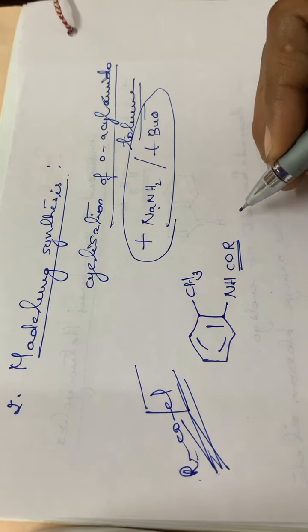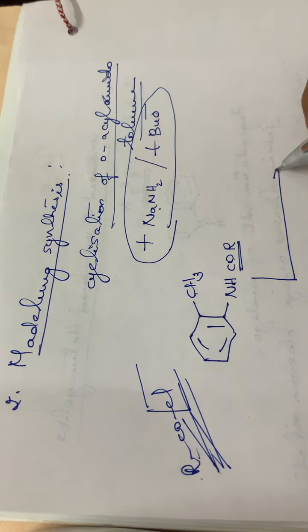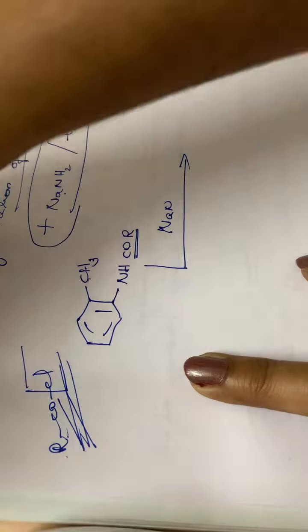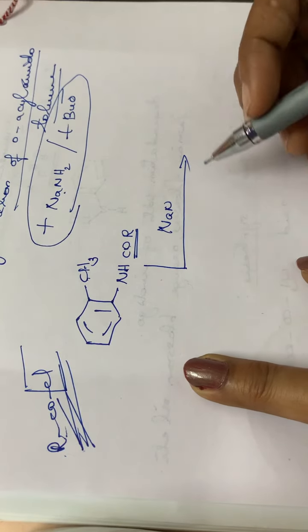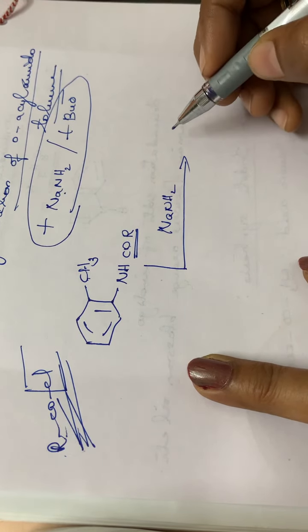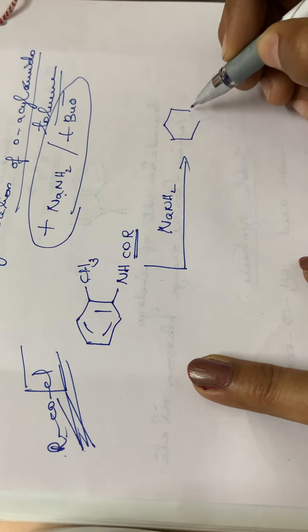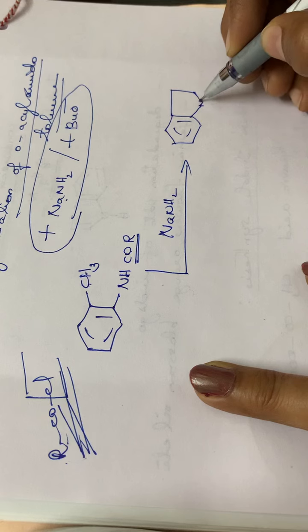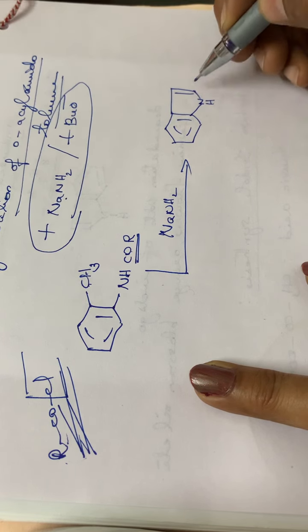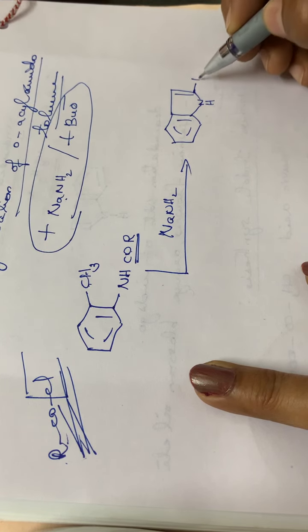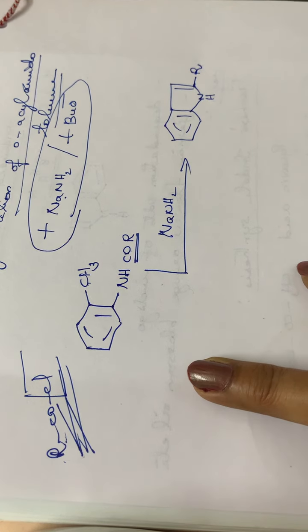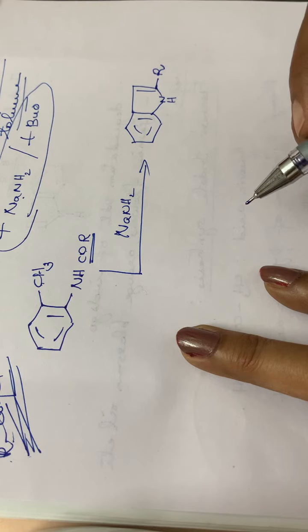Then this compound undergoes two types of reactions. First one, in the presence of sodamide, NaNH2; we can use either of the two strong bases. The product will be like this: the 6-membered ring, then comes the 5-membered ring with NH. Then at the second position, an R group will be introduced.